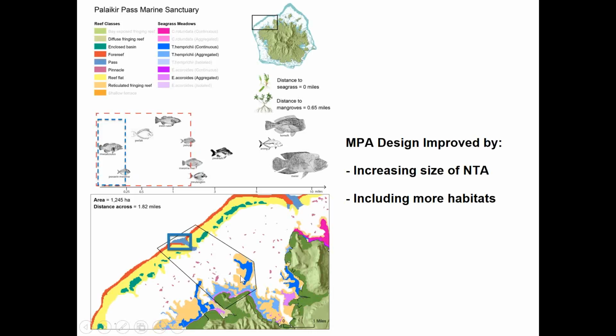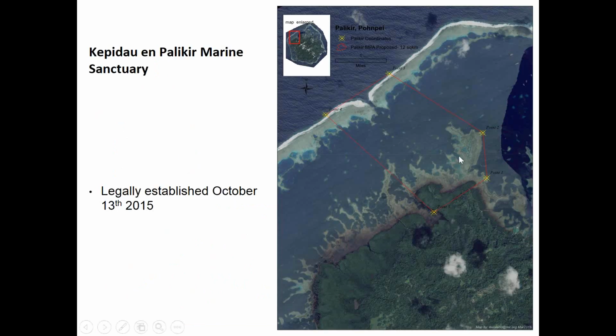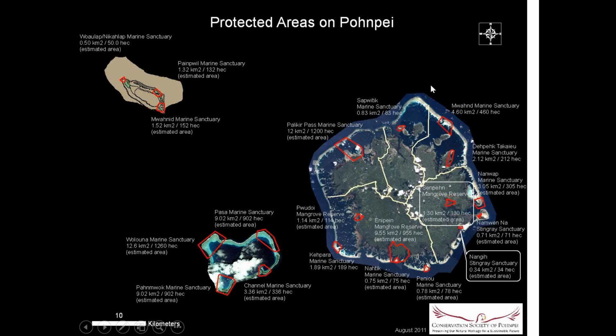So by using the fish data with local communities, and these are local communities and fishermen, they made much better decisions and they declared the area last year. So now the MPA network in Ponape looks like this with this great new place up there. As you can see, it's really powerful information to use with people to improve the design, and we've done